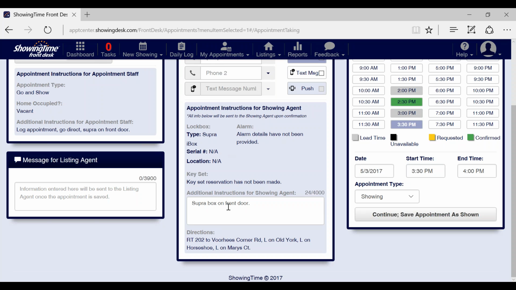So there's not a lot of specifics on this particular listing, but it does tell you the type of lockbox, and the additional information can be here. So this lets us know that the super box is on the front door. But if there were alarm codes, that type, or pet instructions, that type of information, or even if there was